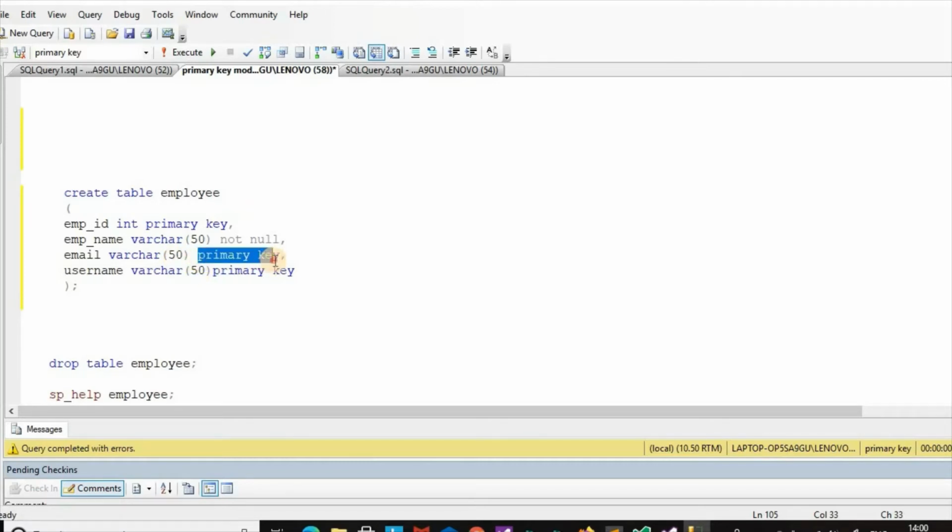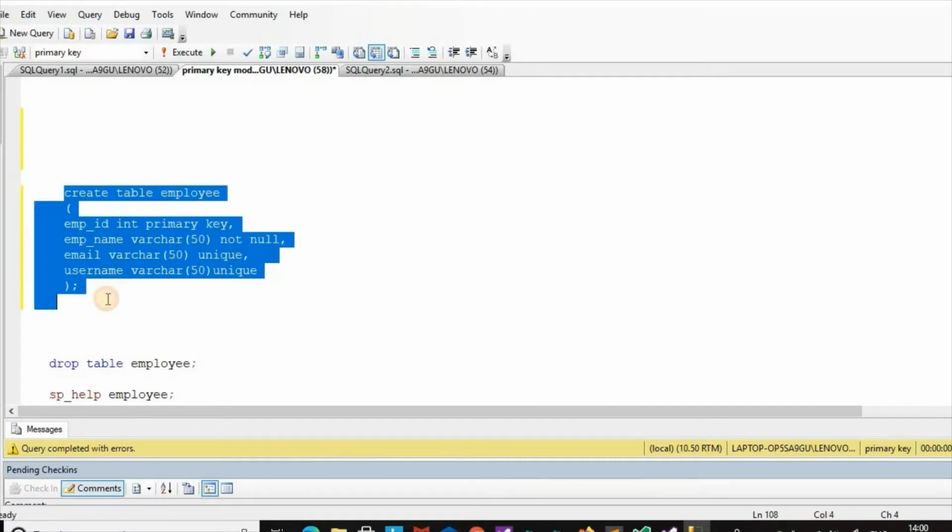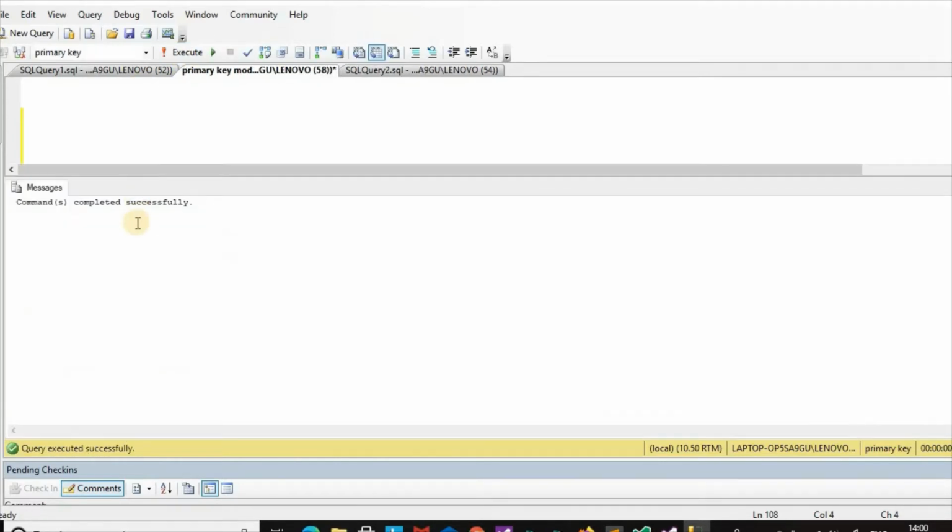So if we give here unique, and here also one unique key, so here we can create. Command completed successfully.